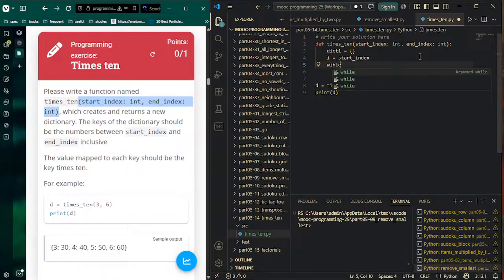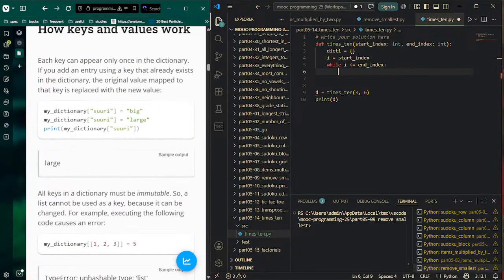So while i is going to be less than or equal to end index, what was it? dict. The key is